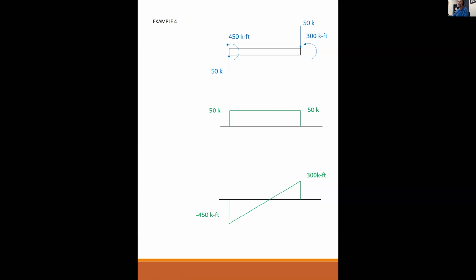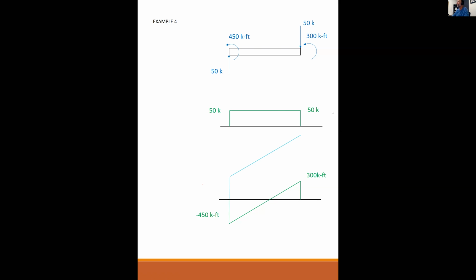If you had made the opposite assumption, and it's easy to do, I'm not faulting anybody for that, here's what would have happened. You would have gone up 450. Then you would have said, the professor said 1,500 different times that the change in the moment is equal to the area of the shear. So the area of the shear is 50 times 15. That's 750. So I go up